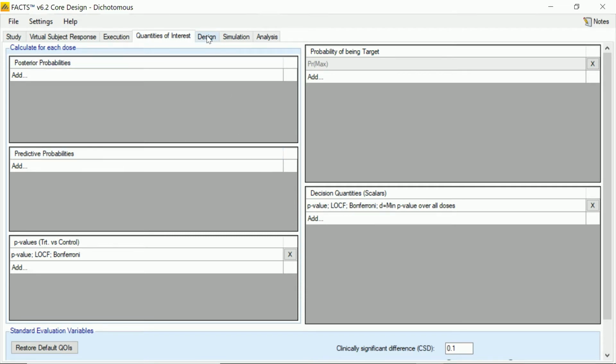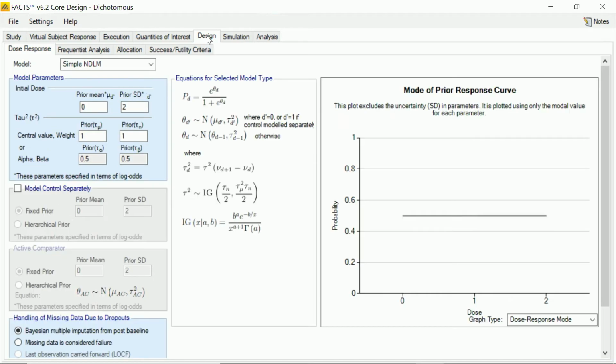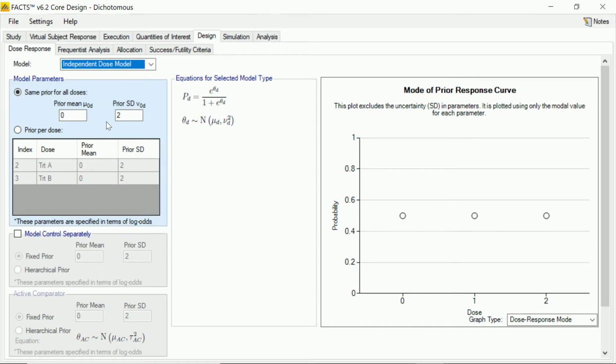So that completes our quantities of interest, and now we can start setting up the design and how we're going to use that. The dose response is a Bayesian model for analysis, which actually isn't going to feature at the moment because we're just doing the p-value calculations, but we'll set it up for future use. So we're going to do just a simple pairwise comparison. The Bayesian is going to be very similar to the frequentist analysis with a largely non-informative prior. The prior in FACTS for the Bayesian analysis of a dichotomous endpoint is done in the log odds space, so it's a normal prior, and we can see